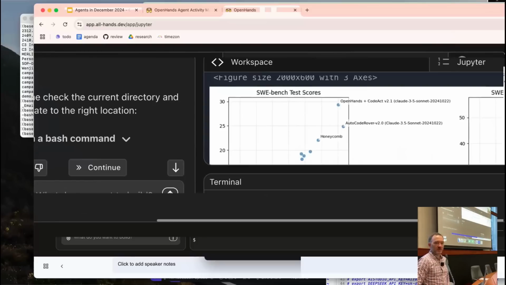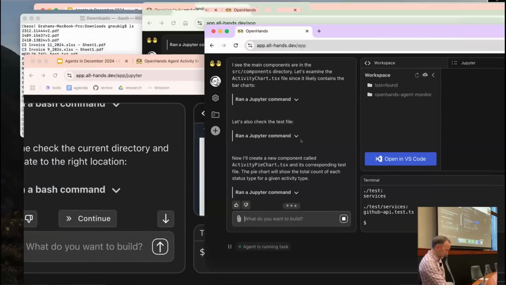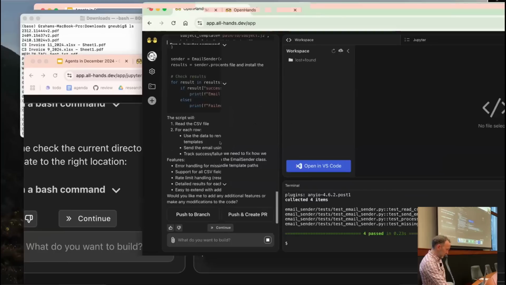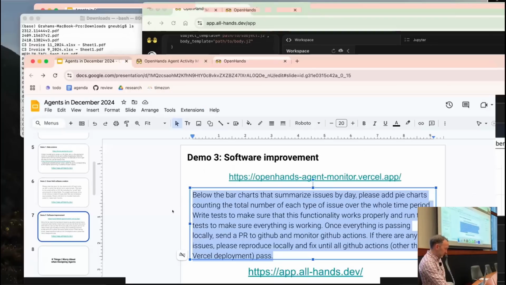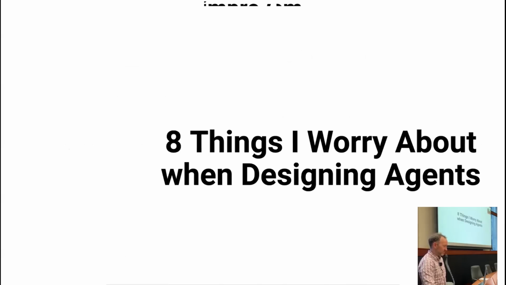If you're a researcher, you do data analysis all the time. I did it while I was talking to all of you and making a presentation. So that's pretty nice. I doubt the other two are finished yet. That would be impressive. So I think they're still working. So maybe we'll get back to them at the end of the presentation. But these are the kinds of things that I do every day with coding agents now, or software development agents. It's pretty impressive.